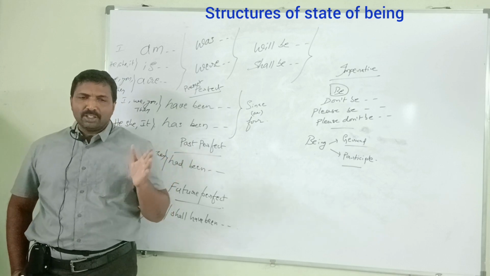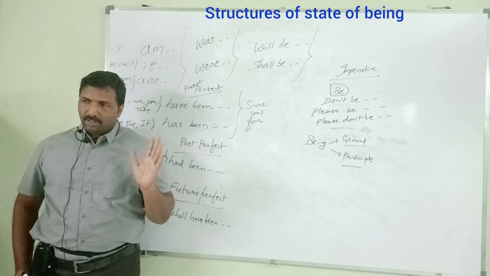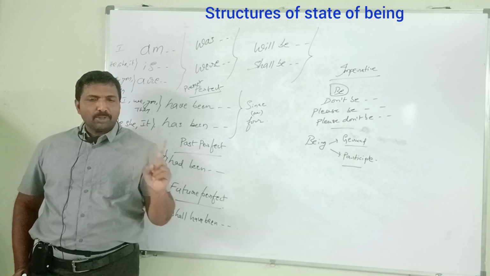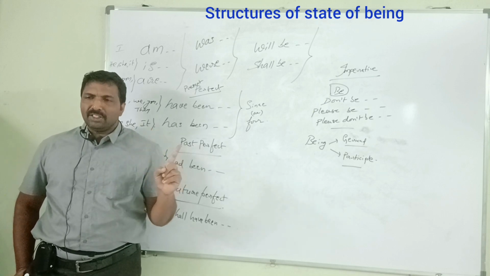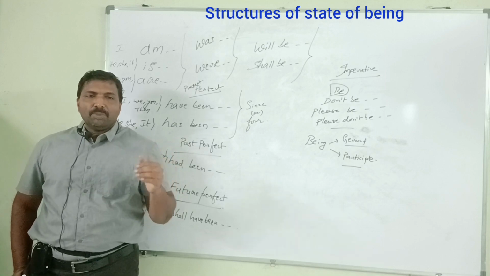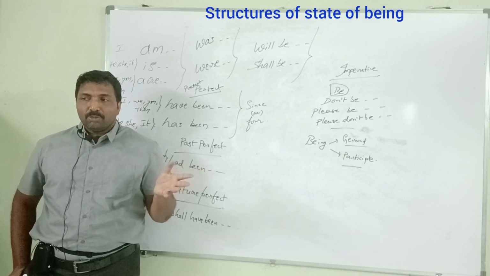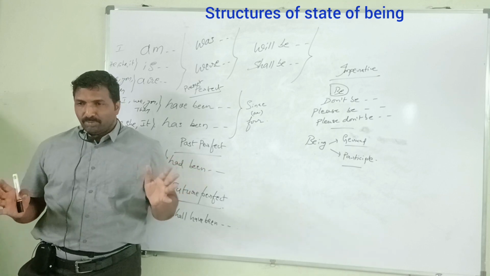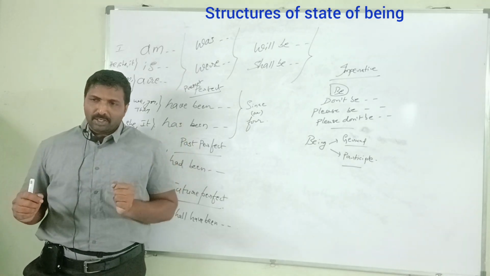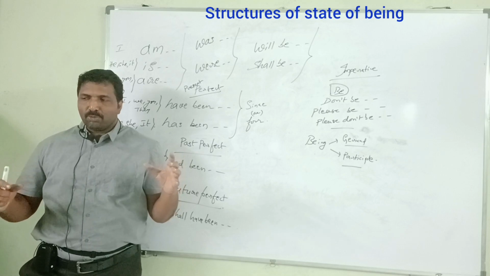We had this discussion in the first class for beginners: subject and predicate, possessiveness sentence, action sentence. Next, state of being sentence. Coming to the second class for the beginners, we started the state of being sentence. Am, is, are, was, were, and will be. I am; he, she, it is; you, they are.